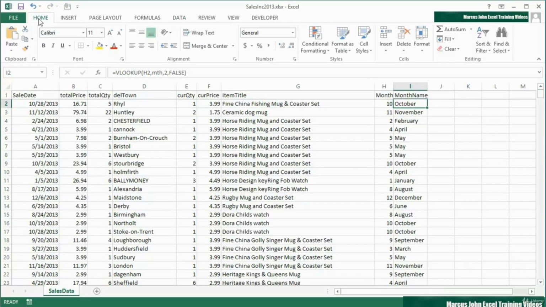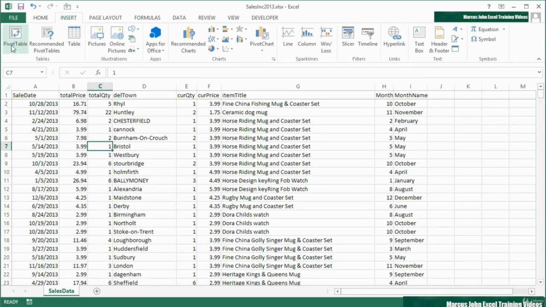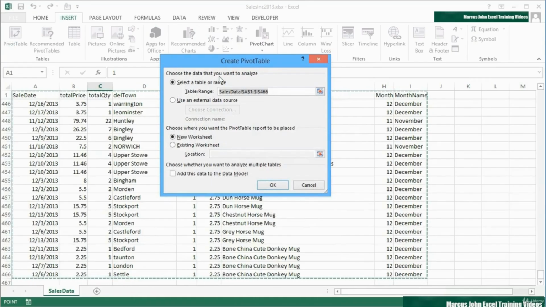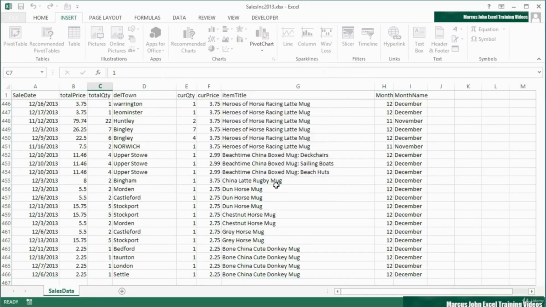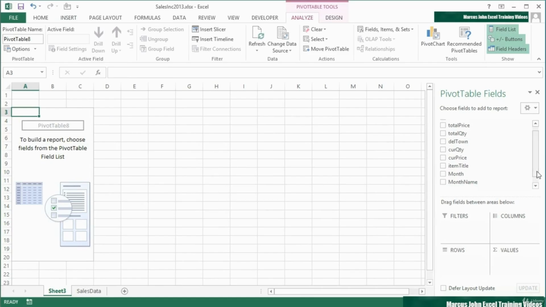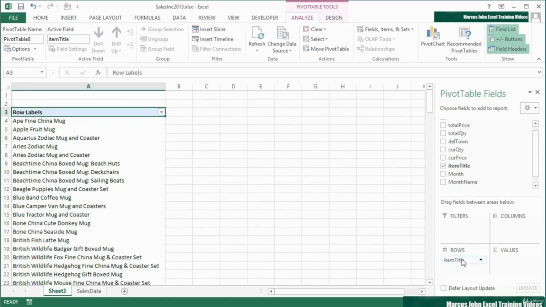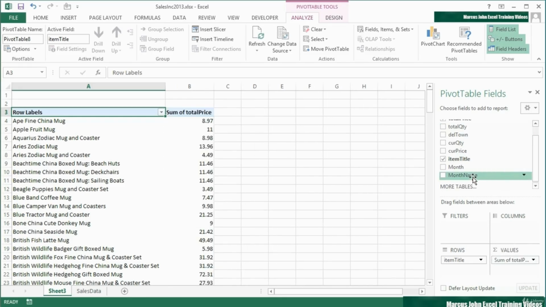If you've ever used the page filtering option in a pivot table, you'll know how useful it can be. Taking our Sales Inc. 2013 data, let's create a quick pivot table. So let's insert pivot table. We're not even going to go with the recommended ones this time. So I know what I want. It picks up the data for me, and it's going to place this pivot table in a new worksheet. That's fine. Now what I want it to do is have each of the items that we sell as a row heading, how much we've sold of each one as a value, and then place the month name as a